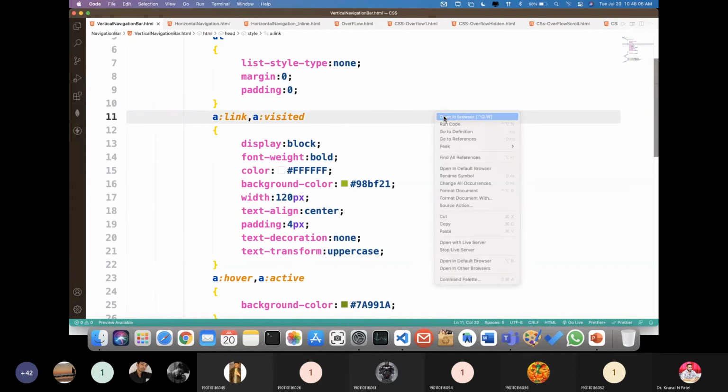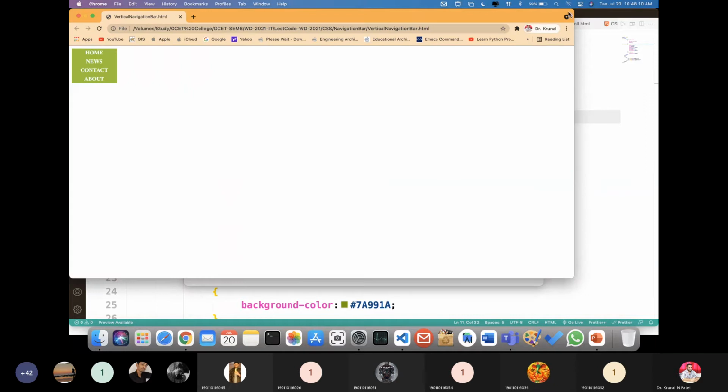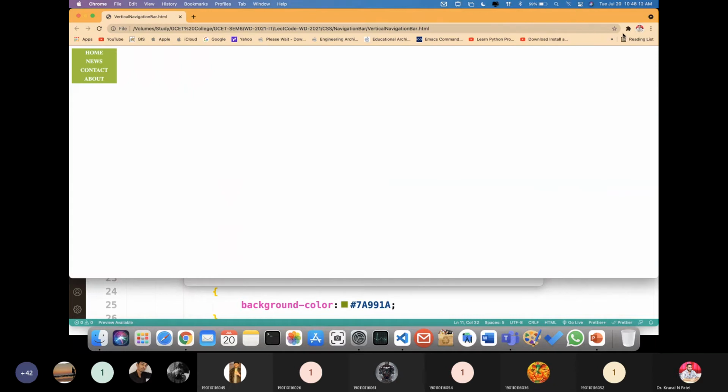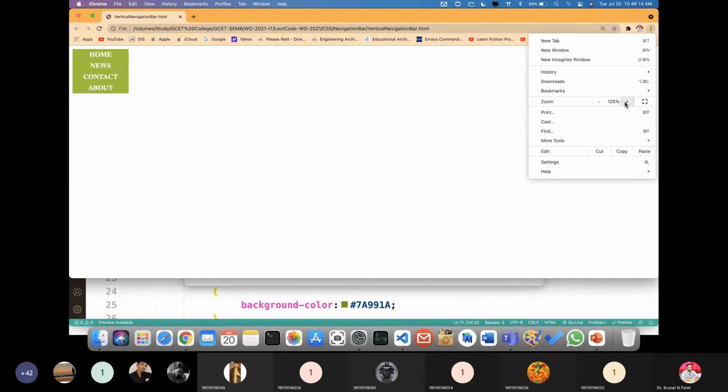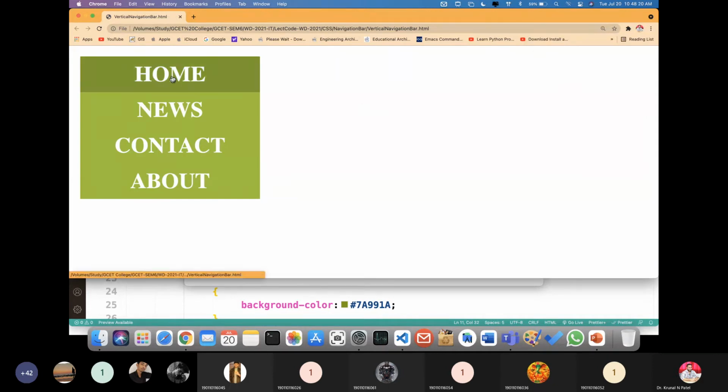So now suppose if I execute this code, so you can see over here, let me zoom it. So it will display like this. So now here, whenever I hover, then it will change the background color. You can observe that. Okay.